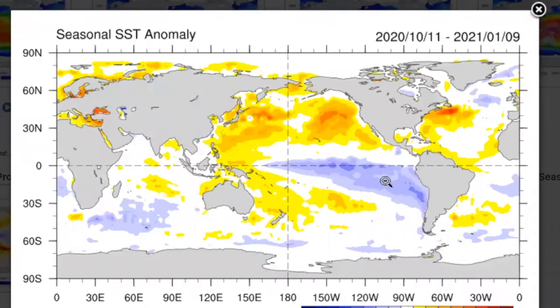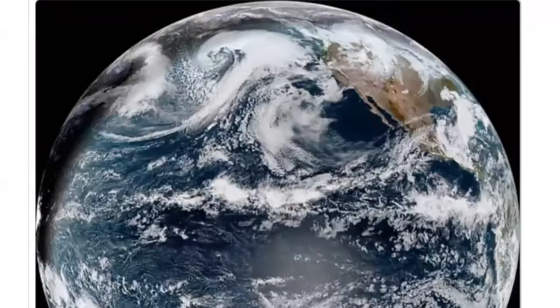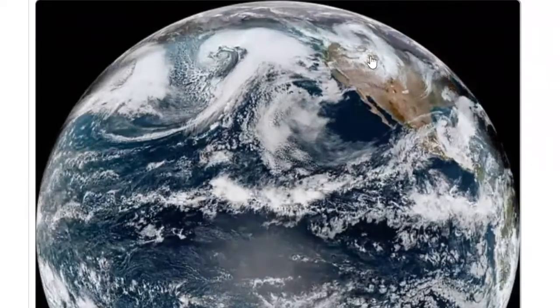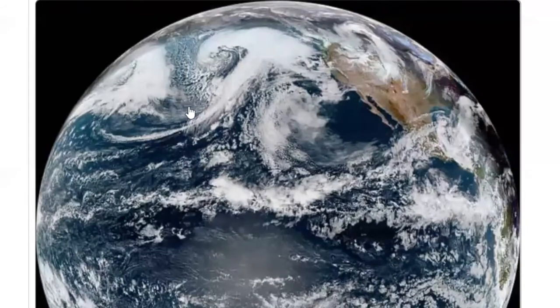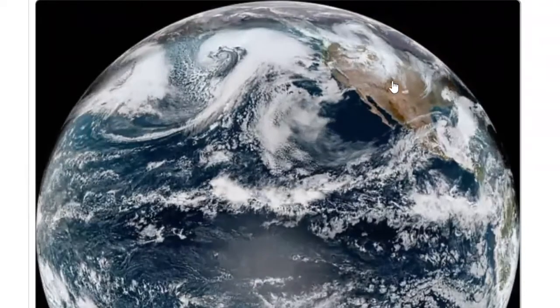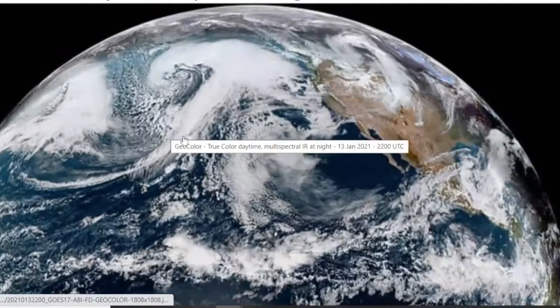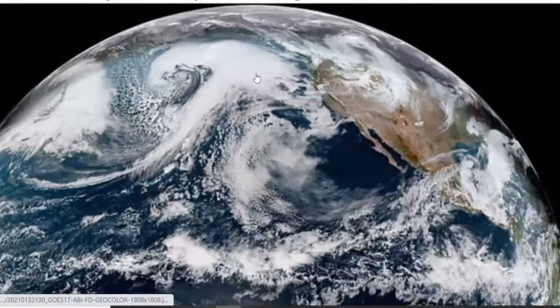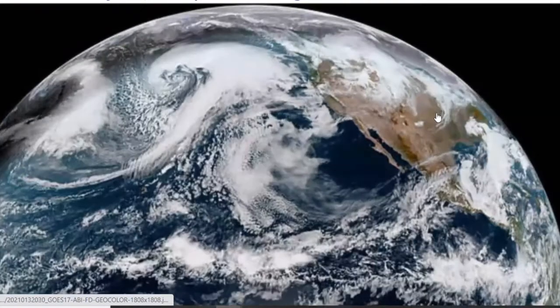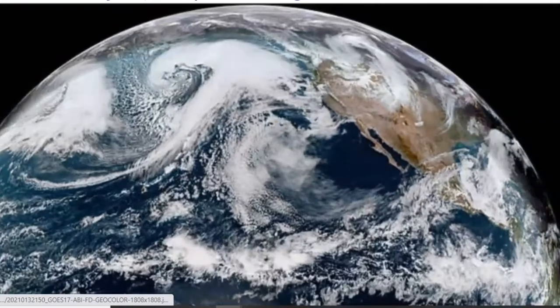Here's another closer up picture of this colder water along the equator. Of course, we're way north of it here in Arizona in the United States, but the storm track doesn't want to come around this cold water, and that is what we're seeing. This is a huge picture of the whole globe, currently on this Wednesday, the 13th of January. Here we are in Arizona and nothing's happening. This storm is going to just go up over the top. We're in a quintessential La Nina storm track. You can really see why we're not getting the moisture.